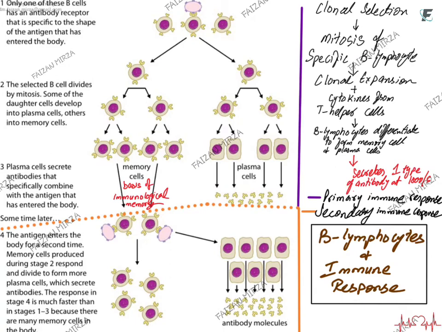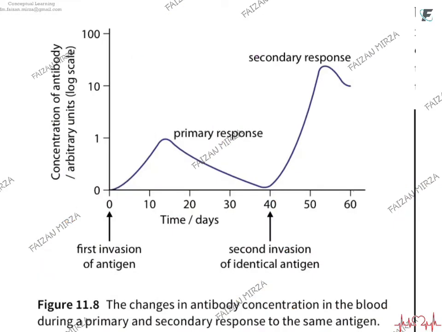So this immune response that we have just covered is called the humoral immune response, where the antibodies are involved, and these are the ones which are floating in the blood, in the tissue fluid, and in the body fluid. This graph here shows how on the first invasion of the antigen there is no antibody complementary to the antigen present in the body fluids, but then gradually it starts to increase, and you can see that at about 15 days, or around 14 days, the antibody titer goes very high. This is the primary immune response. The pathogen gets cleared and the antibody count starts to decline.